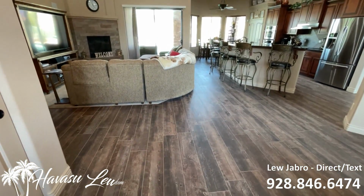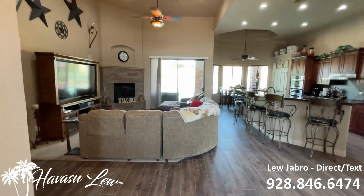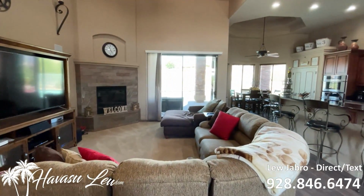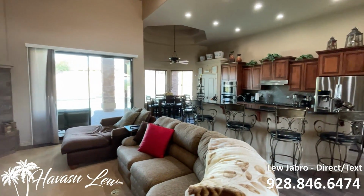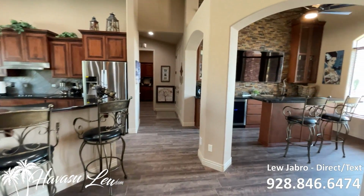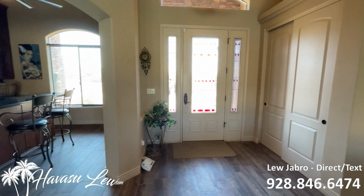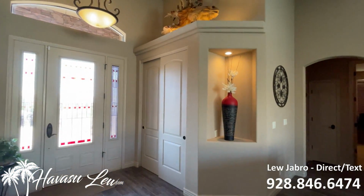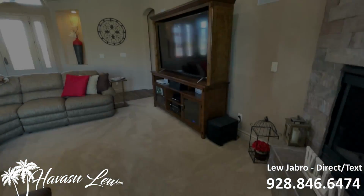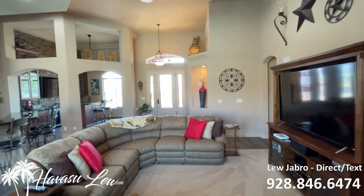All right, guys, so this is a 4-bedroom, 3-bath, built in 2007, 2,816 square feet. Sits on a 1/4-acre lot in the Refuge, backs right to the golf course. Open floor plan, huge tall ceilings, split bedroom layout. This home is also on natural gas. Has integrated speakers in the wall, can lights, ceiling fans,